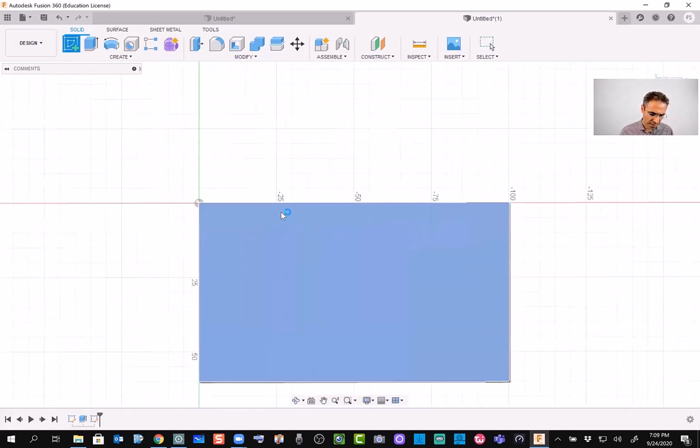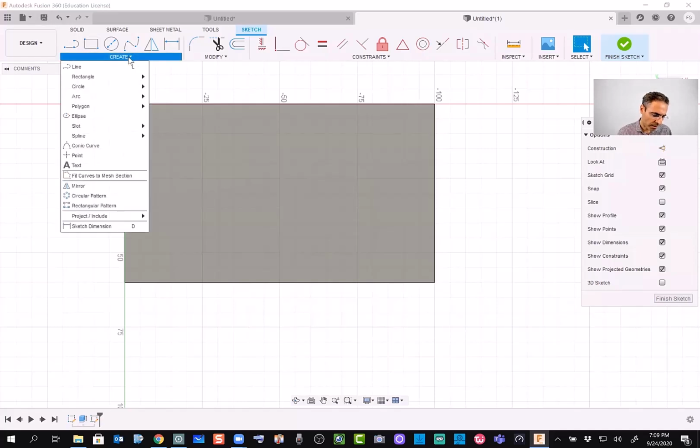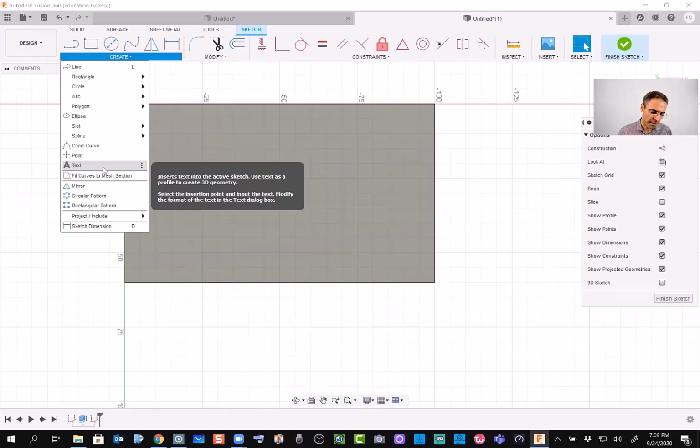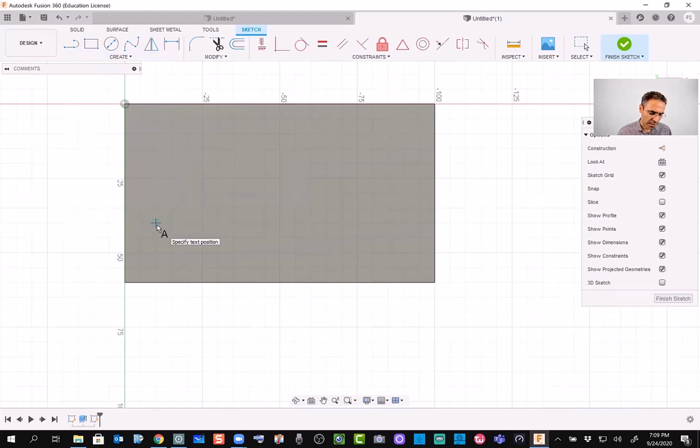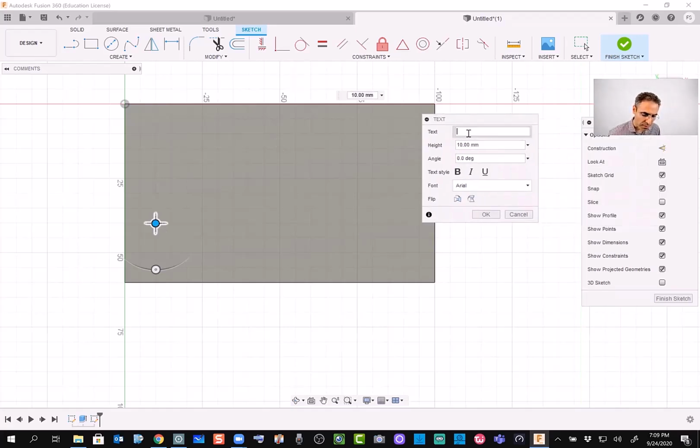So click on the surface. The previous example was just a simple one. So open create, and you see this text here. Create text, click somewhere, it doesn't matter where, and type whatever you want. Let me type my name,